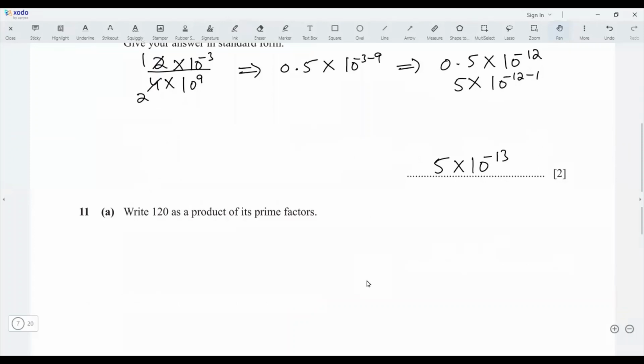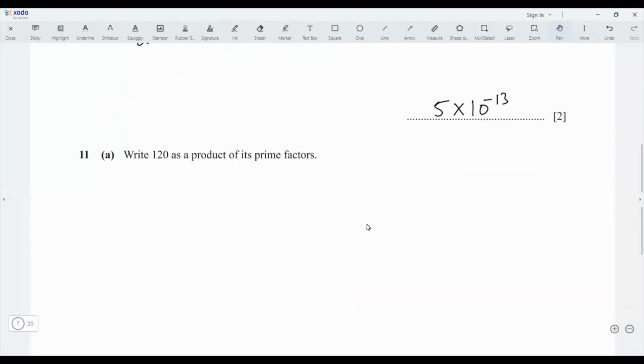So going to the next question. In the next question, it is of the numbers. Most of the questions relate to indices, standard forms, numbers, and some algebra. So you have to practice all of these concepts so that you can get a star in at least P1. Practice P1 in the beginning, and after attempting P1, you can understand what topics are not being discussed in P1, so that you can prepare well in